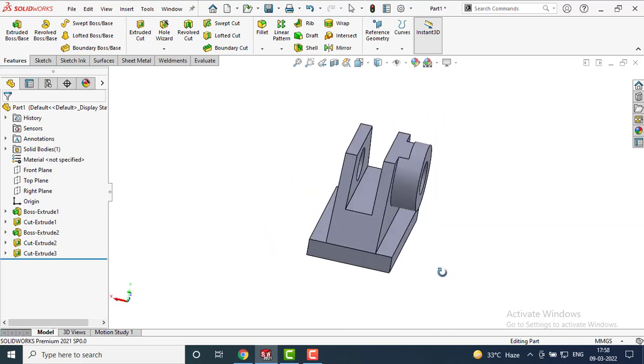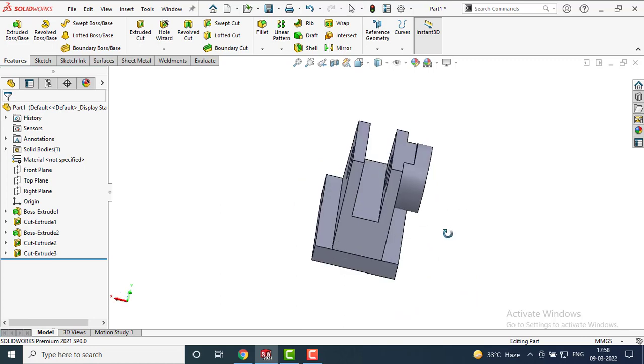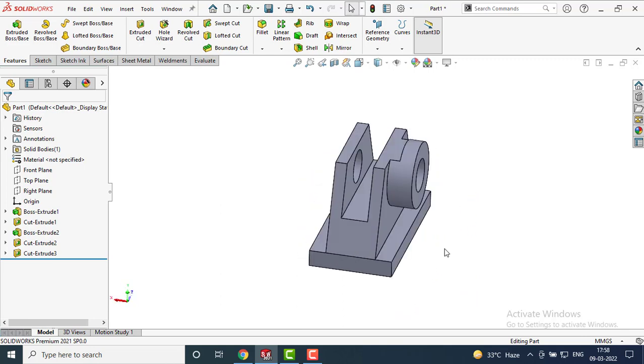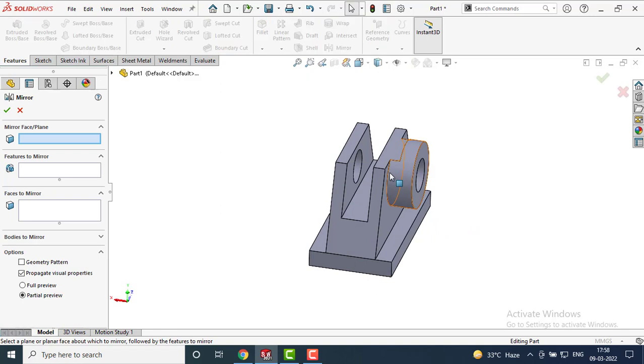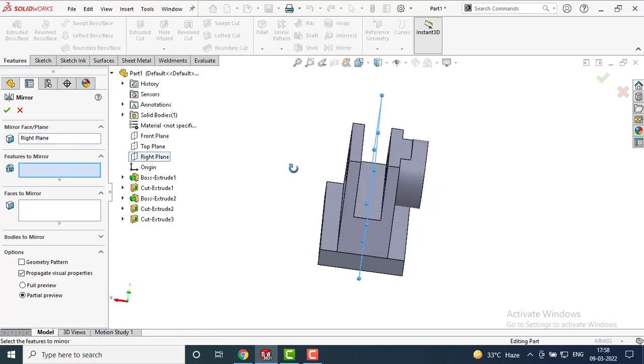We need the same cylindrical operation in the opposite plate also. So no need to do this again. Just go to mirror. In mirror face plane, select right plane, which is in the middle of these two plates.